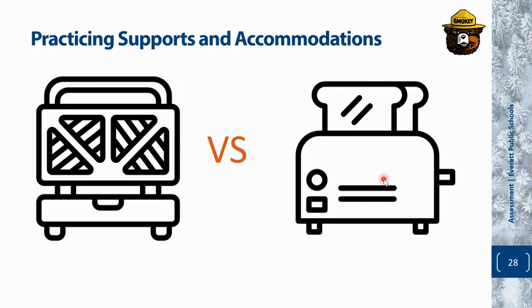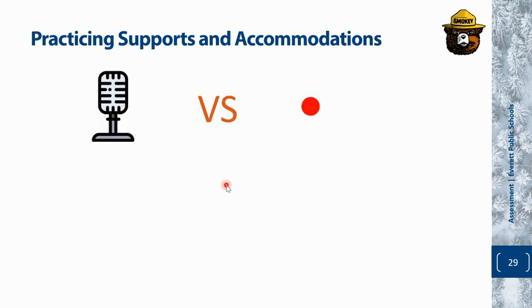It looks like a regular toaster that a student might have experience with. That's a great icon. But we don't always get great icons. Sometimes we get icons that students aren't familiar with and have no background to know, like an old-time microphone versus a recording symbol. This is what students think record looks like, but this is what the speech-to-text button looks like in the system. We can't change what the button looks like, but we can say to the student, this is